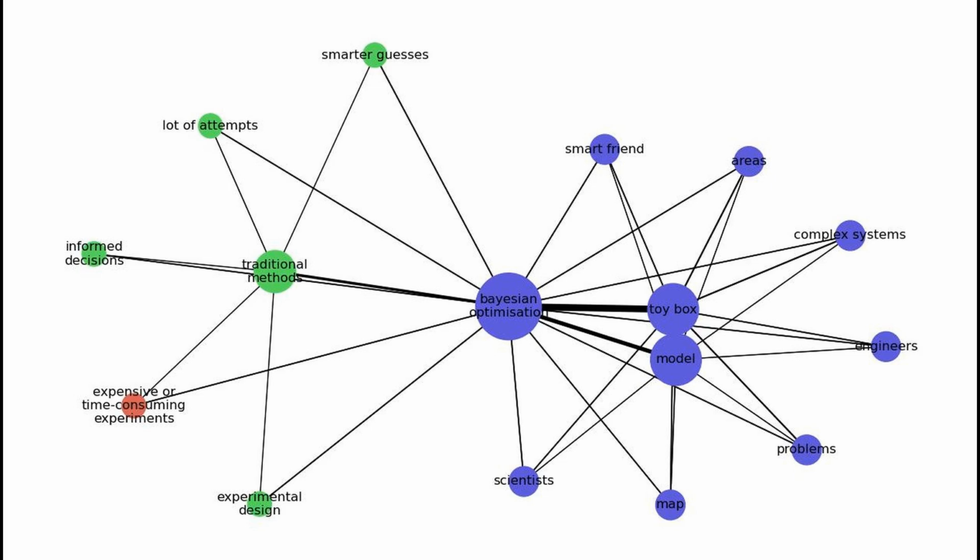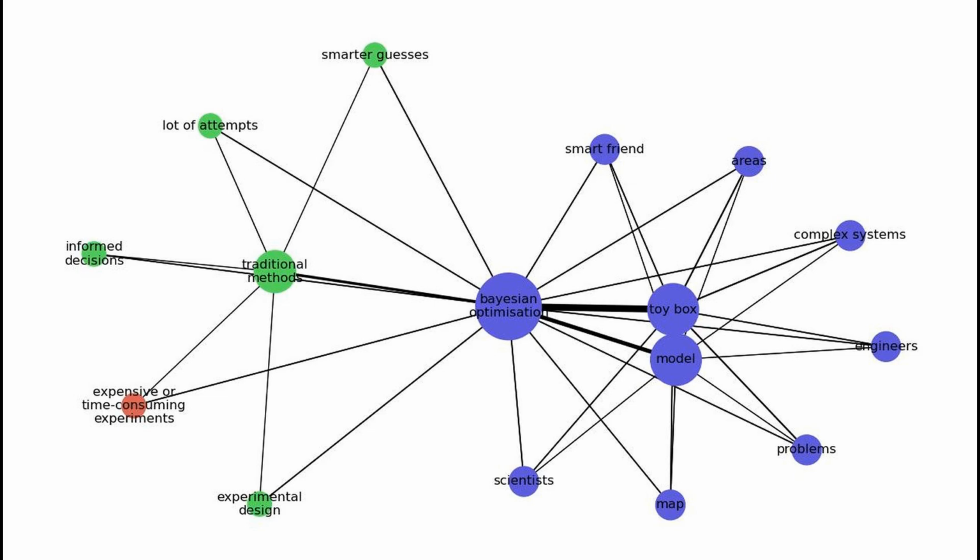Bayesian optimization is like having a smart friend who helps you find the best toys in a big, messy toy box without having to dig through it too many times. When you want to find the best toy, you can't see all the toys at once, and some toys might be hidden or hard to reach. So, instead of pulling out every toy one by one, your smart friend remembers which toys you've seen and how fun they were. In the world of experiments, this toy box represents complex systems or problems where we can't easily